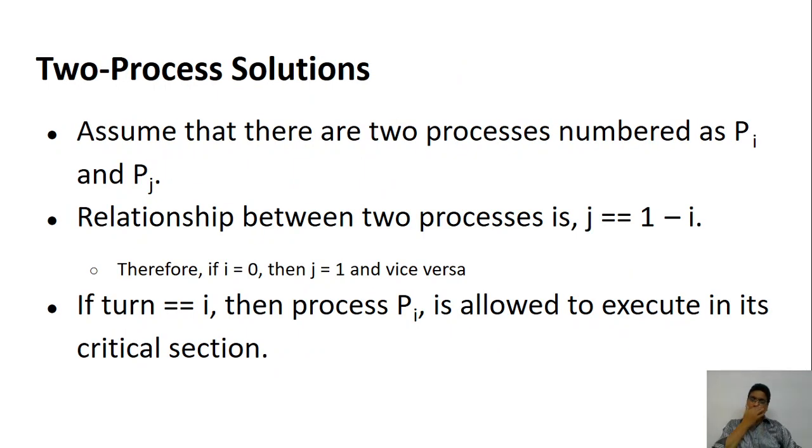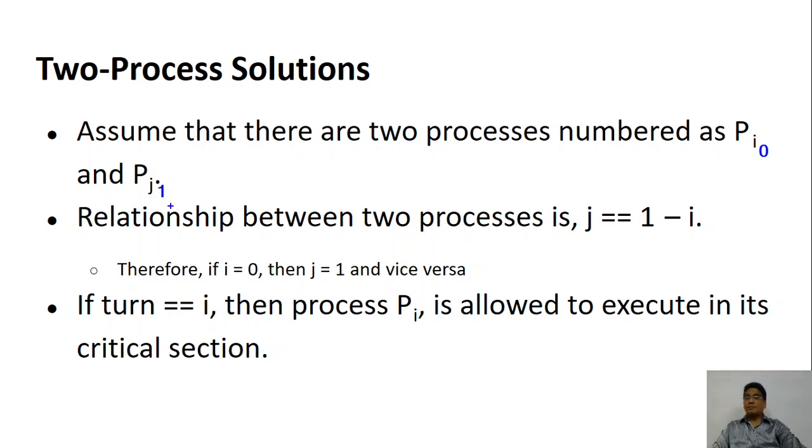So let's look at how the process will go. Let's assume that you have 2 processes, Pi and Pj. These i and j are given as numbers so that it is easier to understand. For the operating system, the processes are always numbered 0, 1, 2, 3, 4 and so on. So if the first process P has ID 0, then this process will be 1.